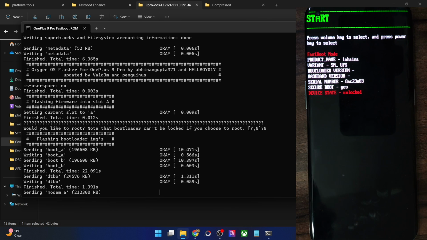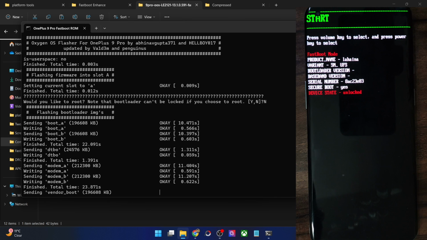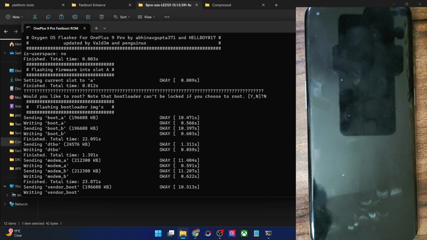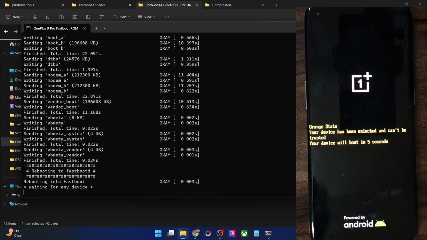So the few files such as the boot, DTBO and modem are flashed in the fastboot mode, and after that it will wait for a few seconds and your phone will then automatically reboot into the fastbootd mode, and the rest of the logical partitions will then be resized and removed and then remade via the flash all batch file itself. You don't have to interact with the phone while the flashing is going on, or else it might lead to an issue. So as you could see, my phone is now booting into the fastbootd mode, and from here the rest of the flashing will go on.